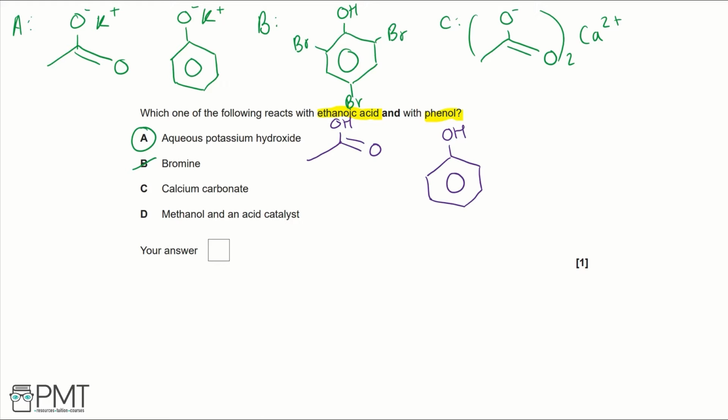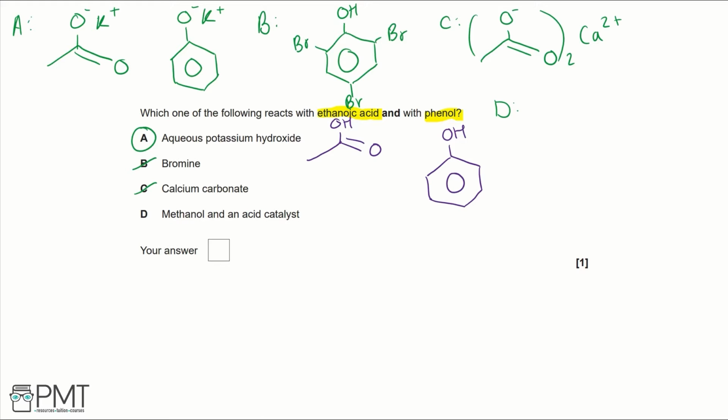But because calcium carbonate doesn't react with both, it can't be our answer. Finally, if we look at D, so we have methanol and an acid catalyst. So methanol and an acid catalyst are the reagents for esterification, but you need a carboxylic acid, which can be